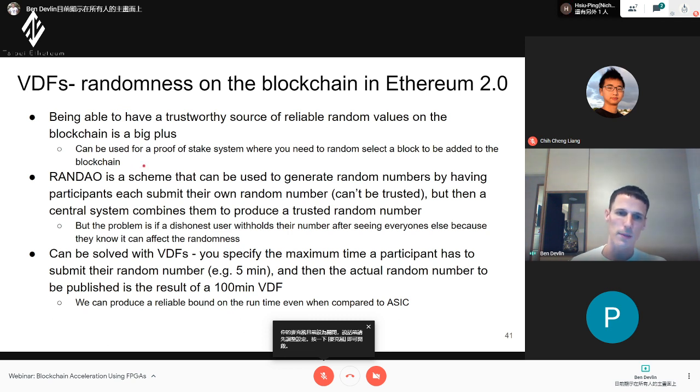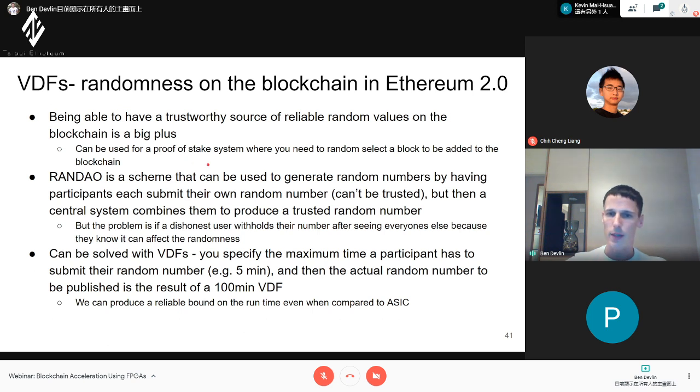The way it works is that every participant in the system will secretly submit a small number that they randomly produce. There's one round of this. Then after that, they reveal the number, and the blockchain will generate the random number by combining everyone's. This way, it's combining multiple sources of randomness.